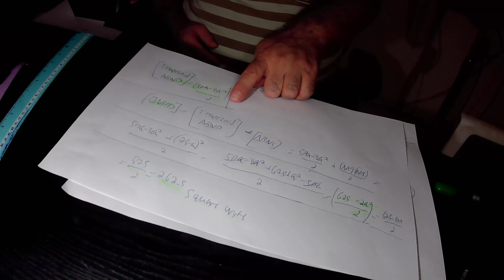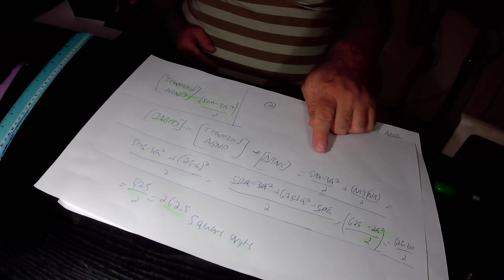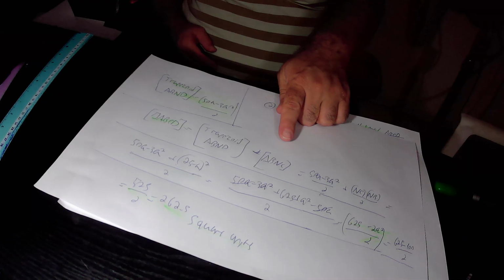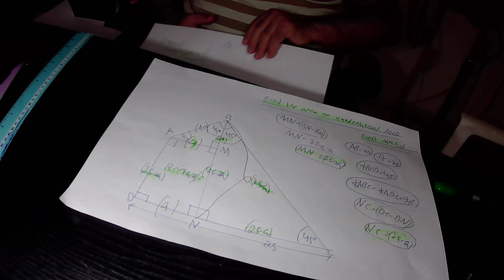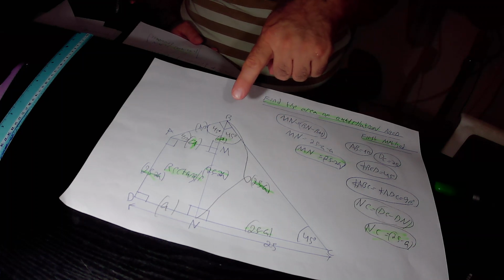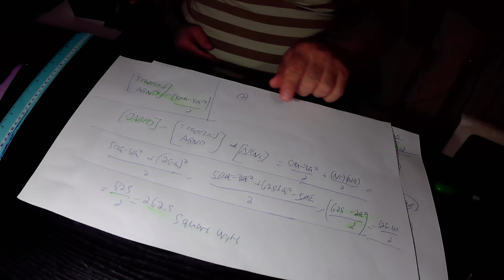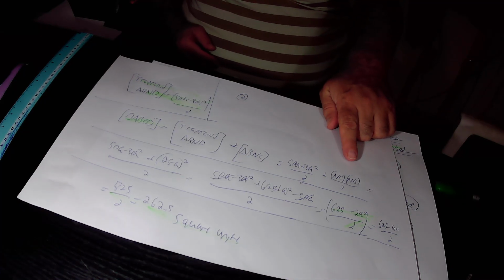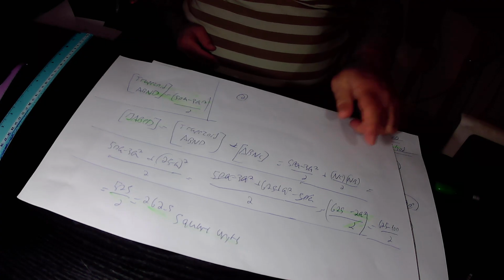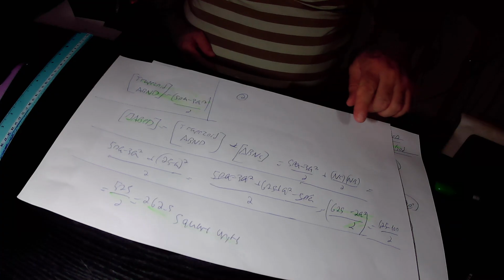But we already found that the area of trapezoid ABND equals 50A minus 3A squared over 2, plus the area of the right triangle BNC. The area of the right triangle BNC equals the base NC times the height BN over 2. So in total, the area of quadrangle ABCD equals 50A minus 3A squared over 2,